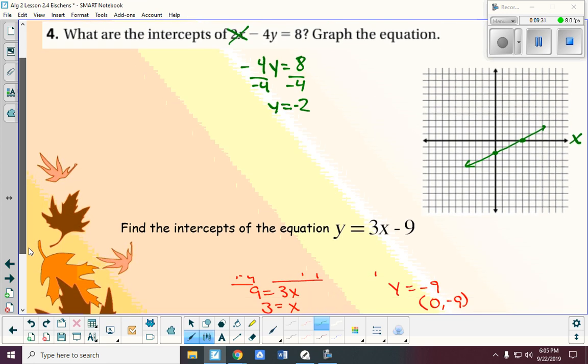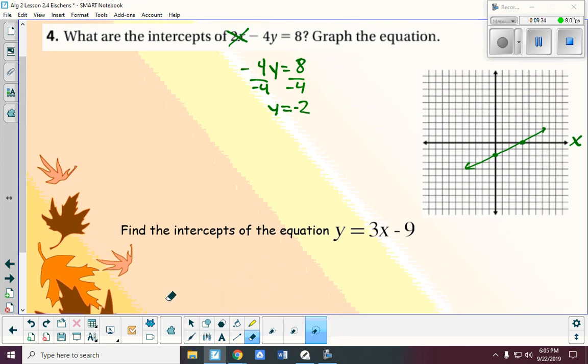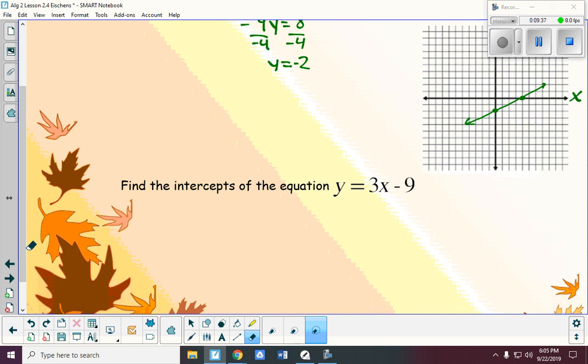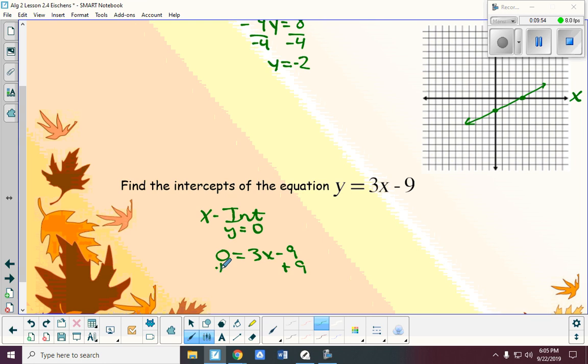All right, the next problem is not in standard form, but the same rules apply. At the x-intercept, y is 0. At the y-intercept, x is 0. So let's just go ahead to find the x-intercept. We know that y equals 0, so we'll substitute 0 in for y and solve the equation. You have 3x equals 9. So x equals 3. So the x-intercept in this case is 3, and the y-intercept,